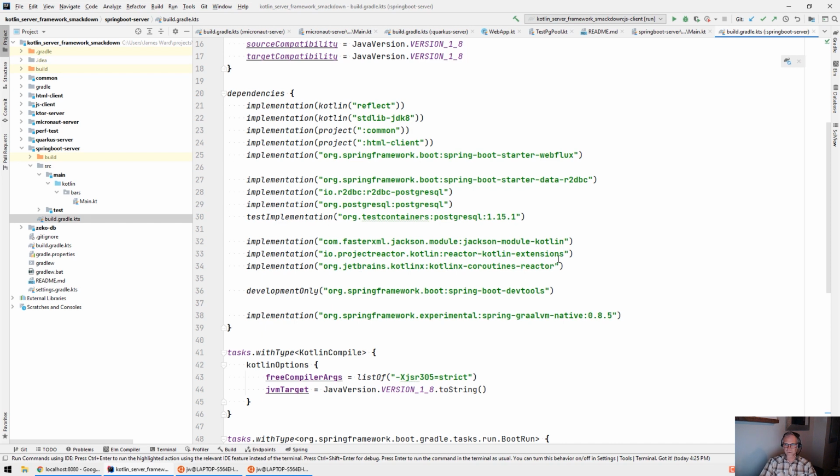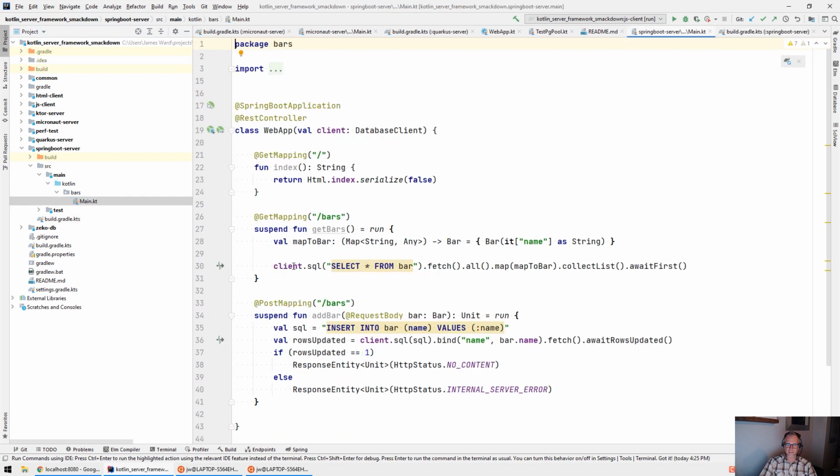So there were a few things that I had to pull in so that I could talk to R2DBC with Postgres, of course. I was able to get all that stuff working together, which was nice. And you'll see that the code here is pretty nice. I get an instance of my database client, and then I run some SQL on it. I fetch that,